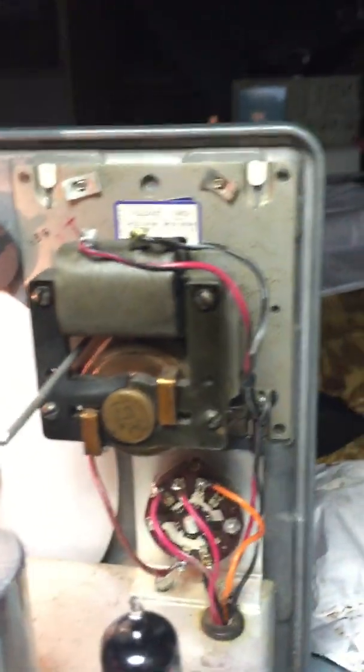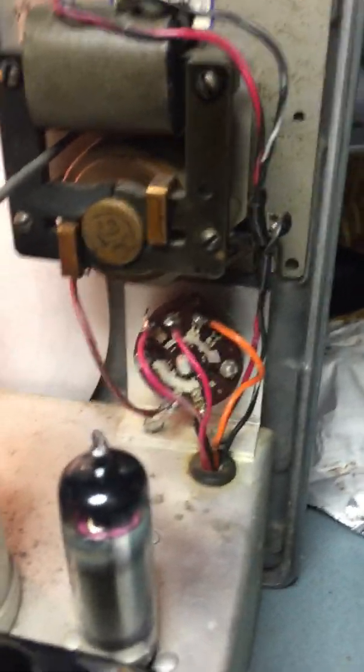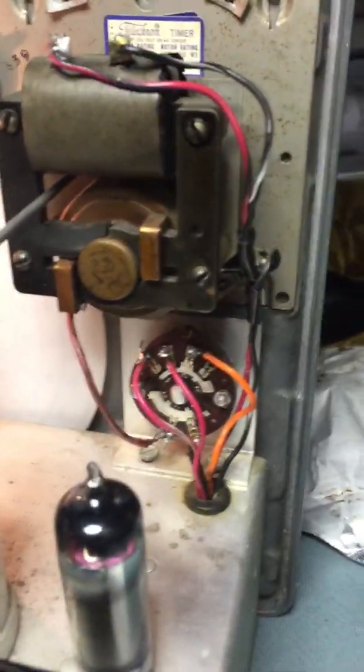My phone's interfering with the radio. See that switch right there? You can see how nice and pretty and clean it is now. I had to take it apart. I took the switch apart and cleaned it all up after the lightning arced it out,